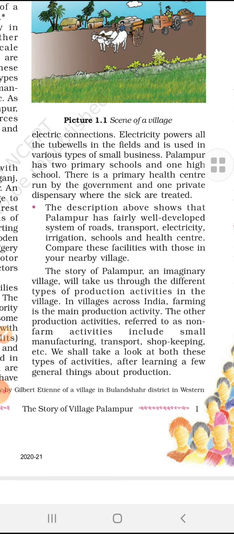So the description above shows that the Palampur is very well developed system of road, transport, electricity. मतलब कि इमेजिनेशन ऐसा है कि ऐसा गांव है जहाँ पर लोगों के पास सब सुख सुविधाएं हैं, ठीक है। लोग अच्छे से अपना लैंड इरीगेट करते हैं, बच्चों को स्कूल भेजते हैं, बीमार हो जाते हैं तो हॉस्पिटल भी है। सो कंपेयर दीज फैसिलिटीज दोज इन योर विलेज।